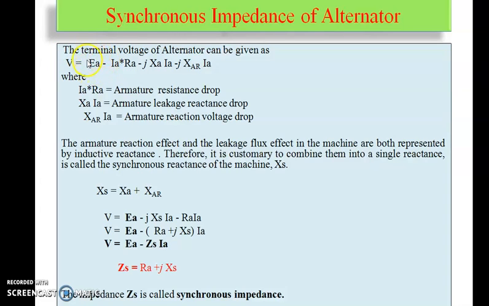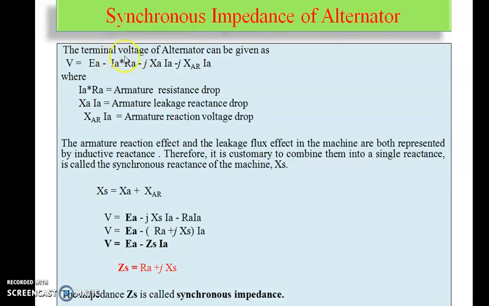Induced EMF is always more than terminal voltage. Okay, so the terminal voltage is EA minus IARA minus JXAI minus JXARI. The armature reaction effect and the leakage flux effect in the machine are both represented by inductive reactances, because as we know this X factor is nothing but a fictitious or imaginary factor. So it is possible because both are inductive reactances. Therefore it is customary to combine them into a single reactance, called the synchronous reactance of the machine. मी simple काय केले,